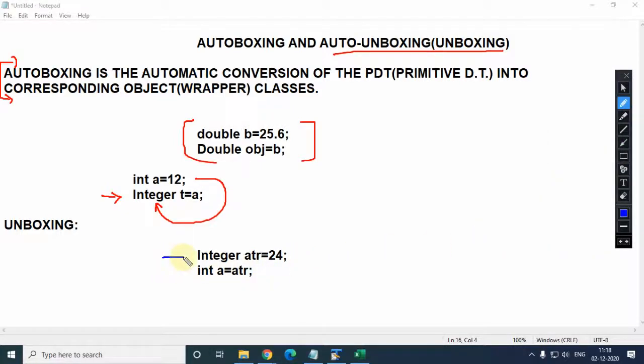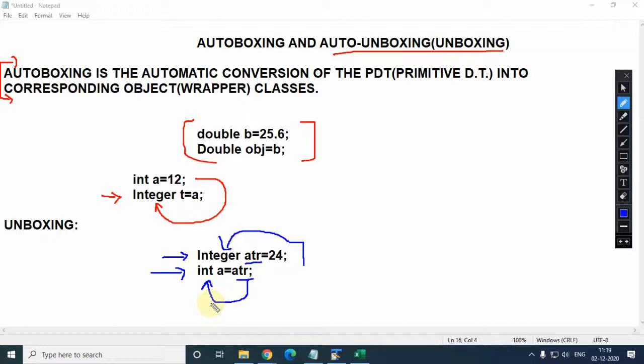We have assigned a particular fixed value in an Integer object, and the name I have mentioned here is ATR. In the second statement we are converting this object into a respective primitive data type. Am I clear everyone? So this is the automatic conversion of a wrapper class object into its corresponding primitive data type. Am I clear? Yes, sir. Any confusion here?